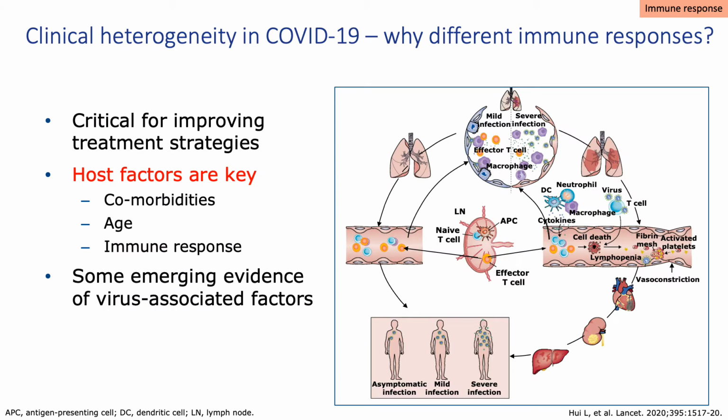Now, we've known for many years that the immune response that occurs upon viral infection is really rather heterogeneous. And this in turn depends on numerous host factors: age, comorbidities, for example, obesity, hypertension, and also fundamental immune genetics. None of us have an immune system that is identical. It has evolved over time, and those are subtleties that emerge in our ability to respond to different infections, different insults, different stimuli. There's also increasingly some evidence that the changes within the virus structure itself may alter the way in which it engages with the immune system.